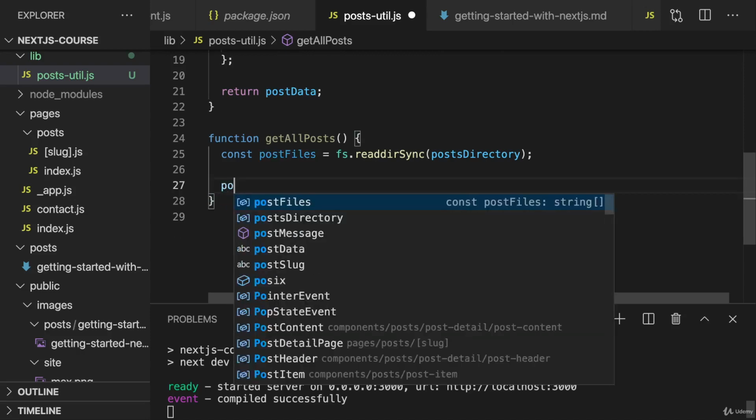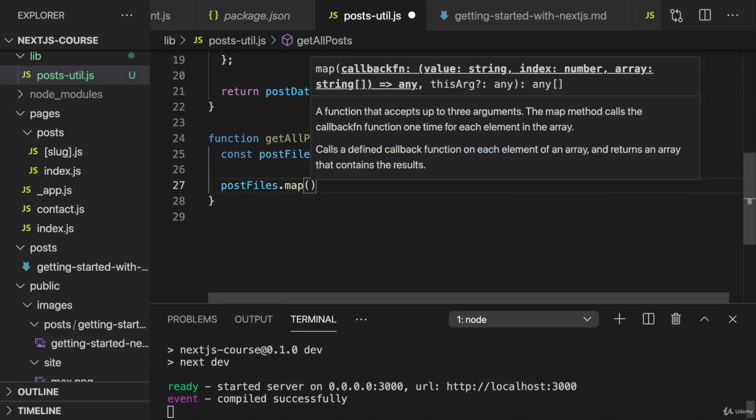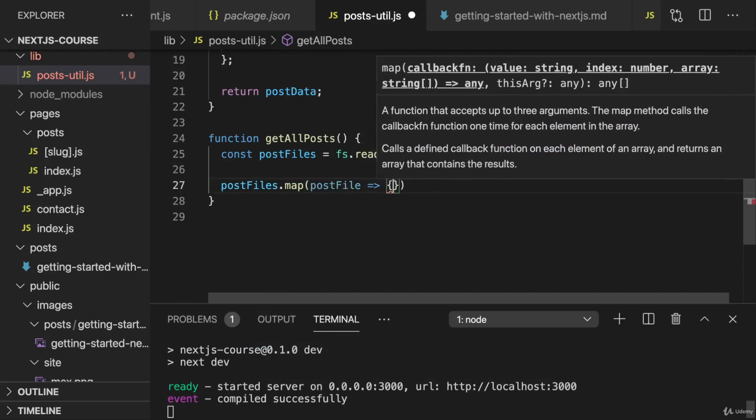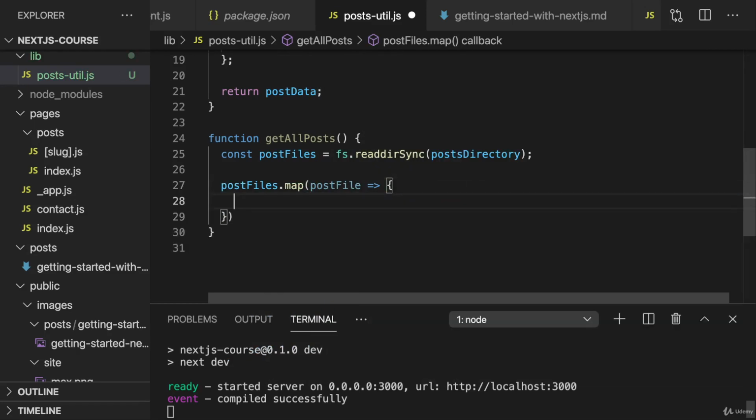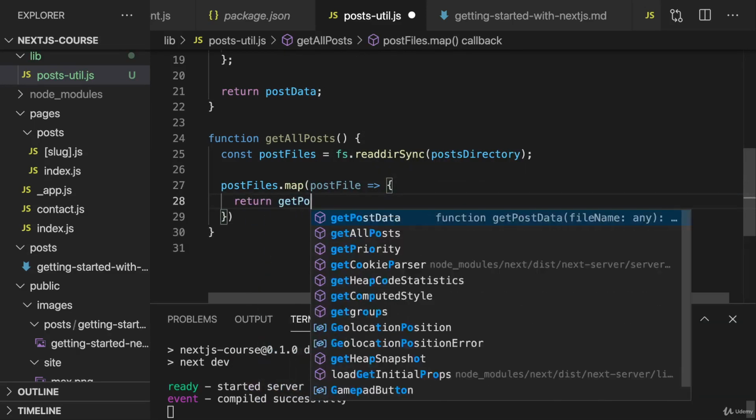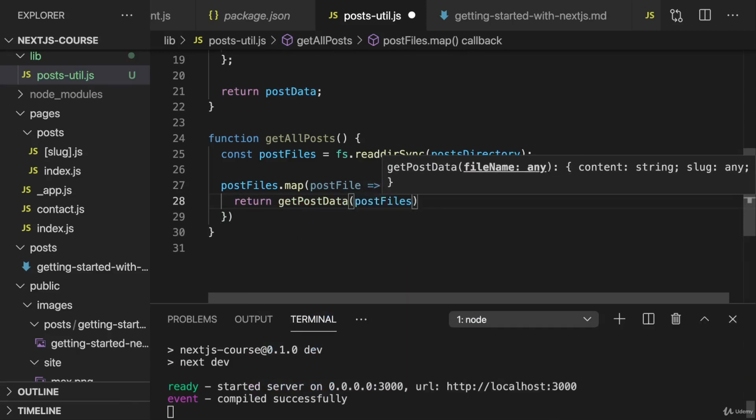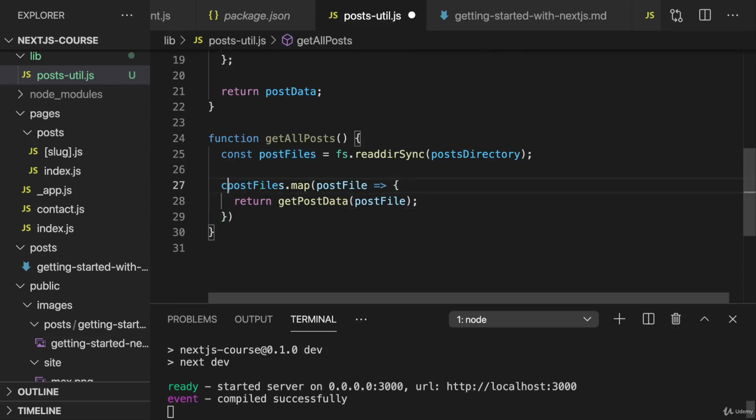So we could also just use post files and call map to execute some logic on every post file, and in the end, just return getPostData for the given post file. So then we would map our array of file names into an array of objects with the actual data for those different posts. And I think that makes more sense. Now map returns a new array. It does not change the existing array, so I will create a new allPosts array, which is an array